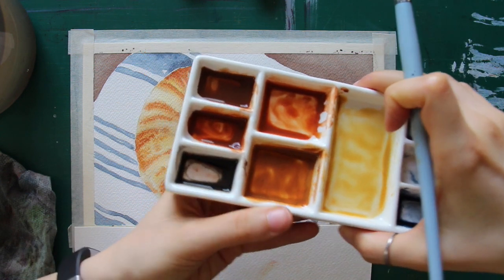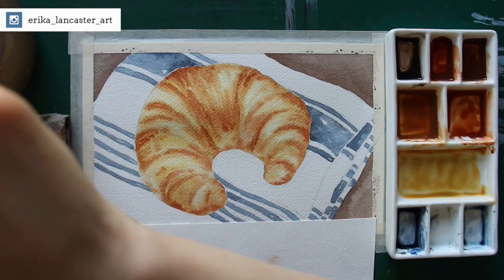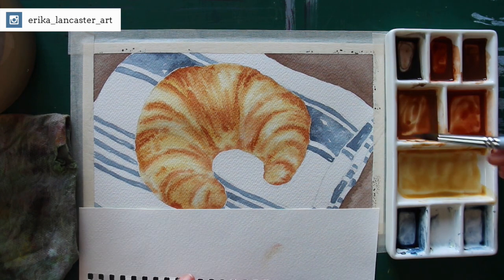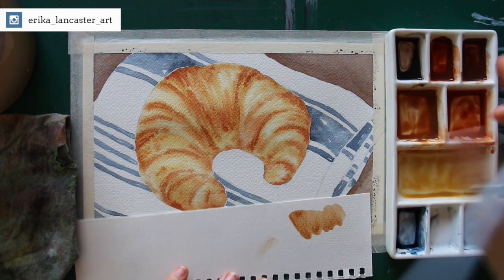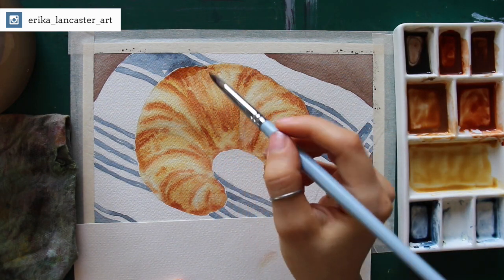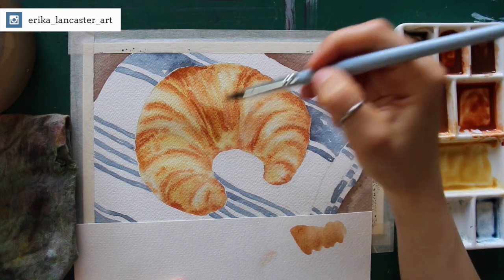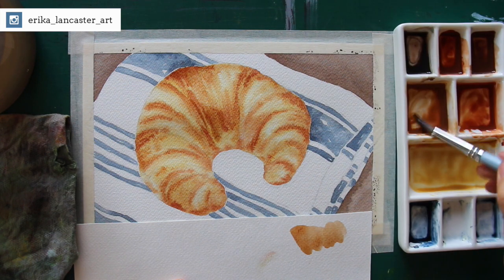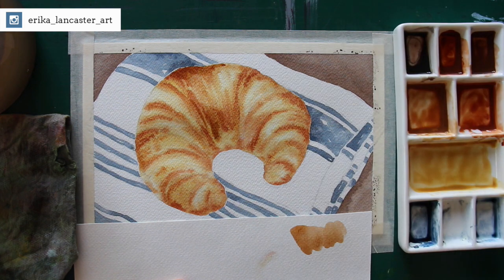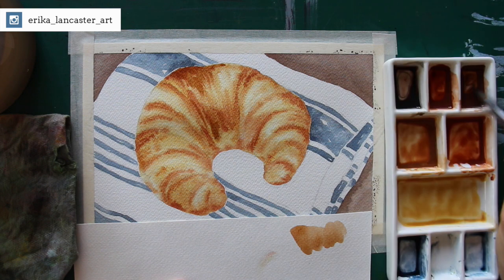And before getting started with this new layer of paint to darken dark areas I like always taking a moment to consider the values that I've developed so far throughout this area. So far, as I said, I have lightest lights, I have a wide range of midtones, and I want to make sure that I take it a step forward incrementally. I wouldn't go in with a super dark saturated brown if I have just developed very light values all throughout, because that is going to look very stark, very contrasting,